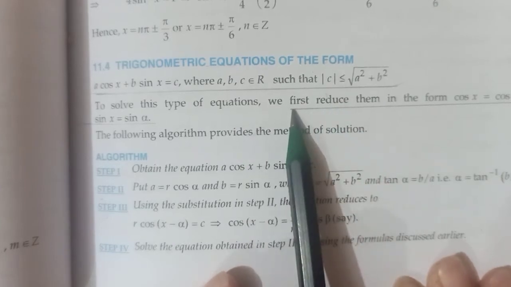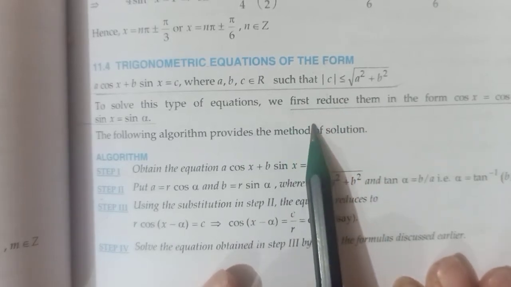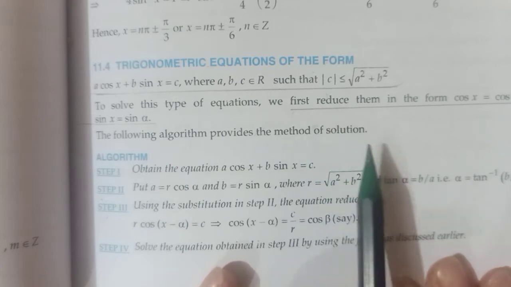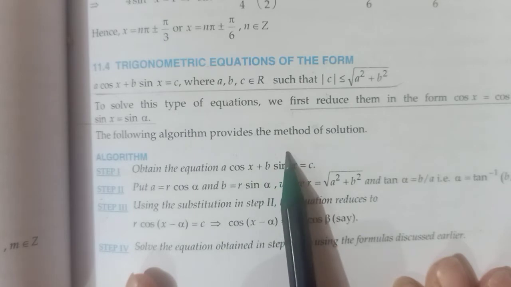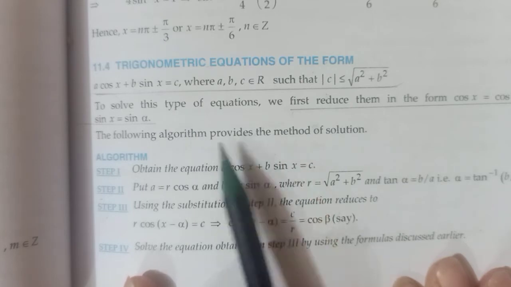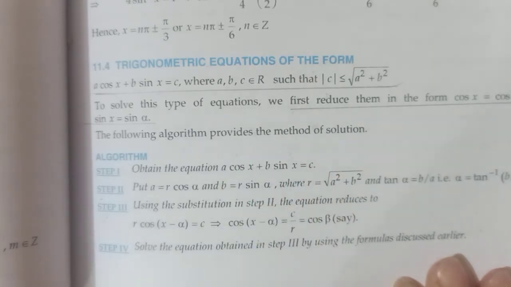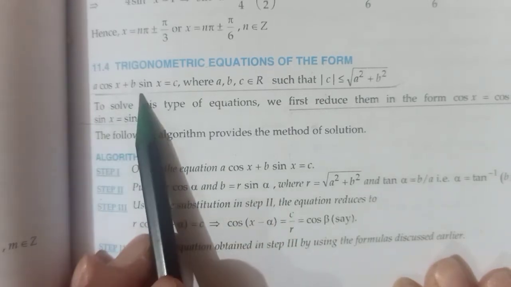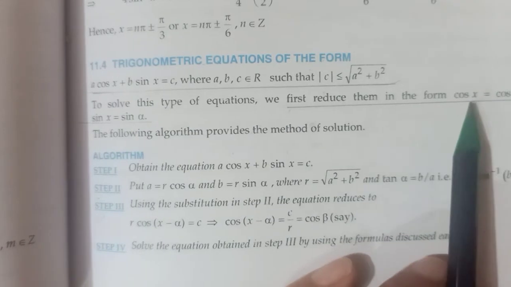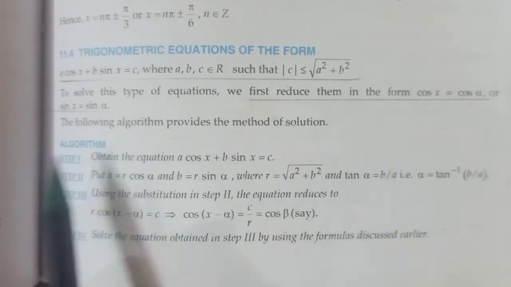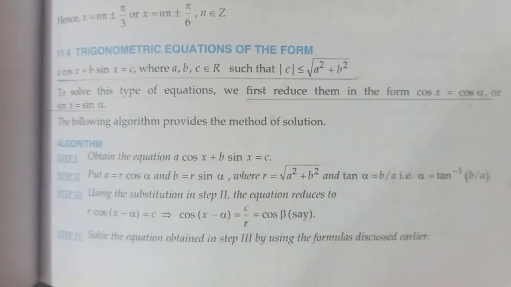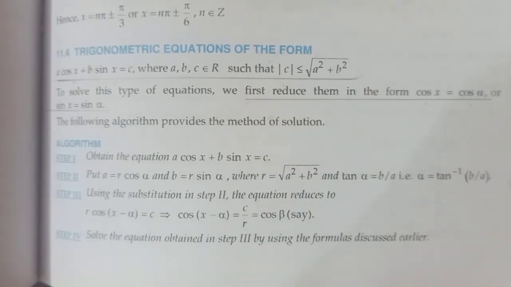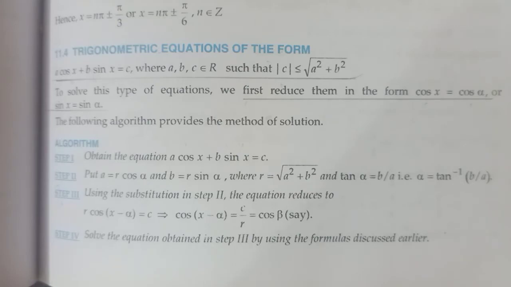As it is said, what we need to do is, because we have the results for cos theta is equal to cos alpha, sin theta is equal to sin alpha, or tan theta is equal to tan alpha. Those were the forms for which we already know the result. So we will try to reduce or change this to the form either cos x is equal to cos alpha or maybe sin x is equal to sin alpha, because for these we already have the results in hand. Now how can that be achieved? For that I'll do it with the help of an example.